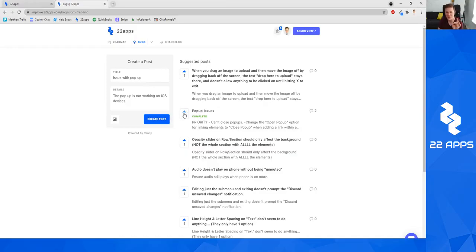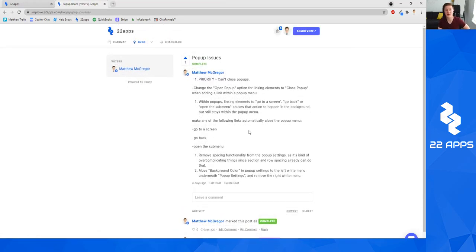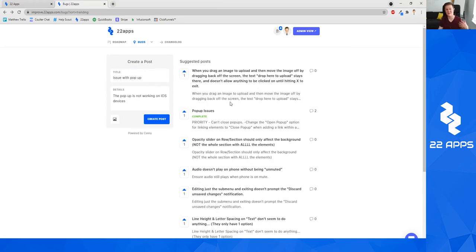You can upvote already created posts. So you can actually click on this and you can see all of the comments and all of the things that have been going on with that particular thread, and you can upvote it to get it done faster. So maybe other posts average 2, 3, 4, 5 upvotes, but then there's another post with 35, 50 upvotes. We're going to know at 22 apps, I'm going to know, I guess I'm going to be watching it,